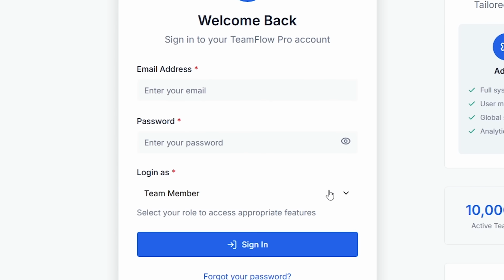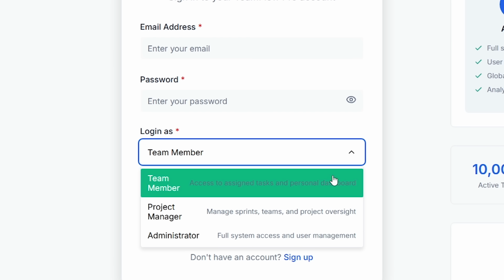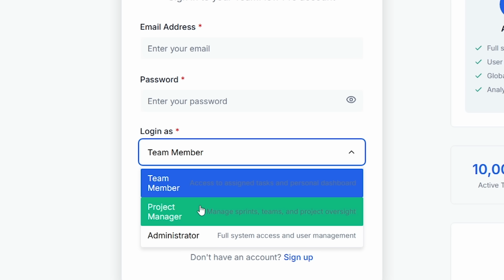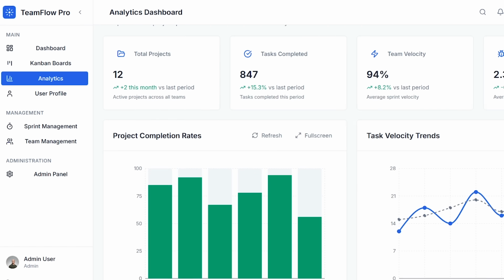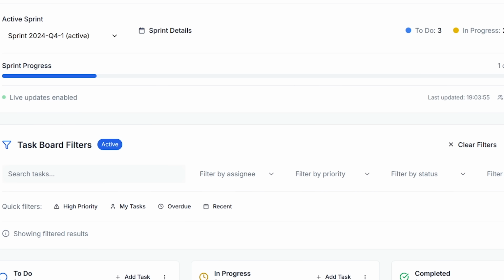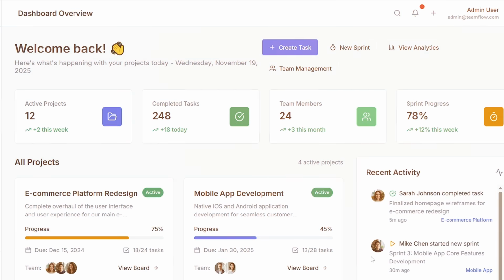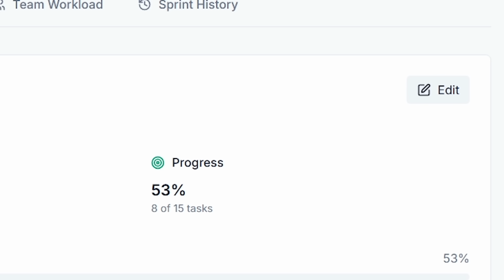Now that we're set up, let's move on to the sign-up page. You'll have the option to choose your role: admin, manager, or team member first. I'll log in as a manager. So let's go ahead and choose that. This allows me to manage tasks, track progress, and even filter tasks by their status: to do, in progress, or completed. As a manager, I also have the ability to add and edit sprints, ensuring that our team stays focused